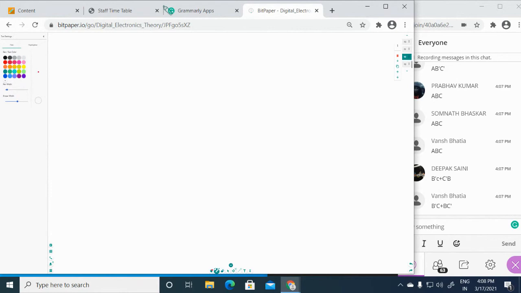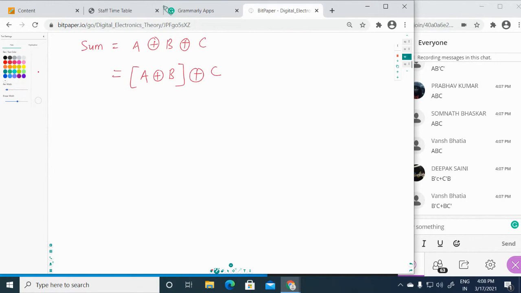We have the final output as sum equal to A XOR with B XOR with C. You can represent this XOR operation like A XOR with B, or you can also write B XOR with C. It's your choice.